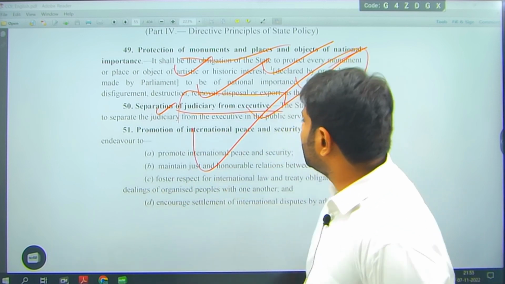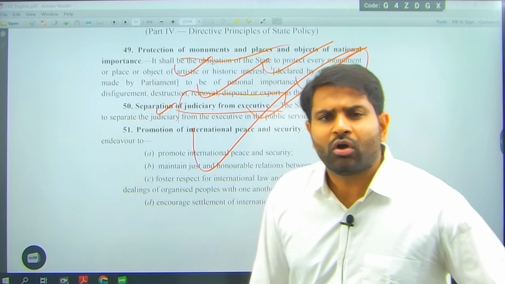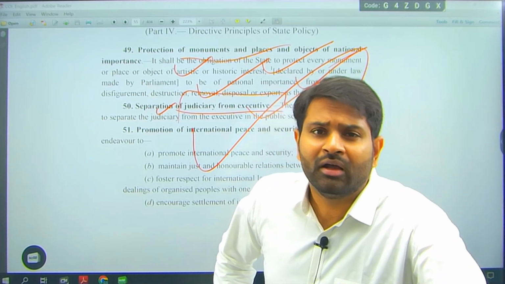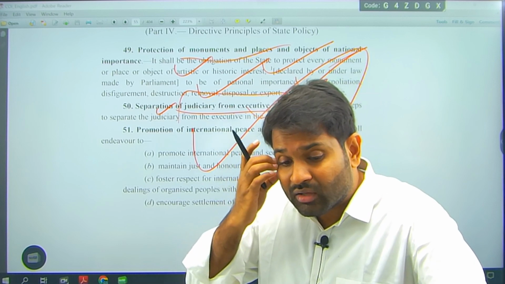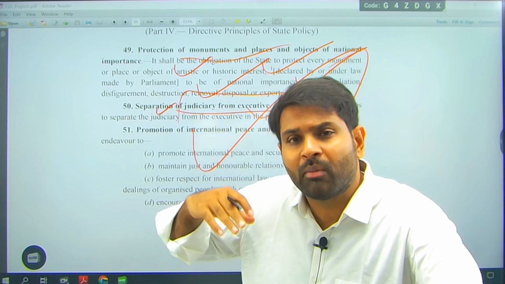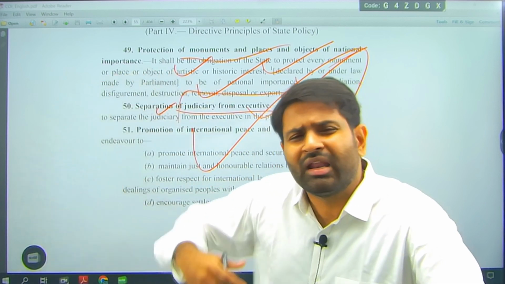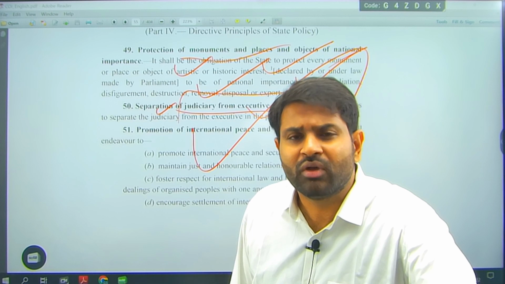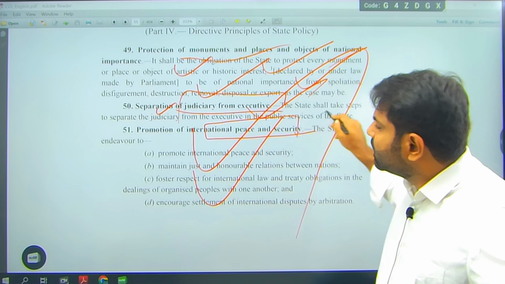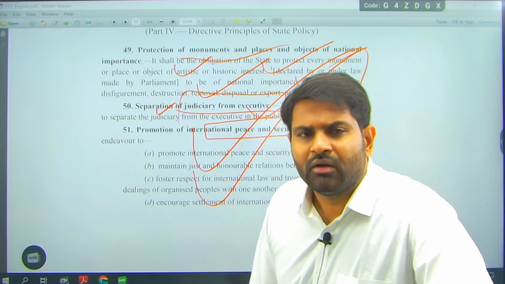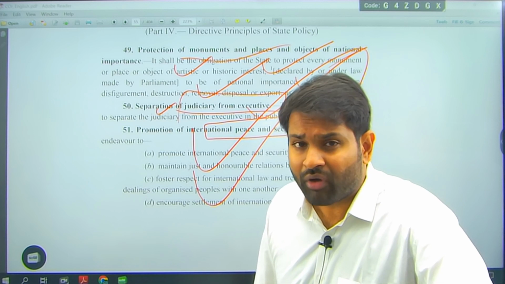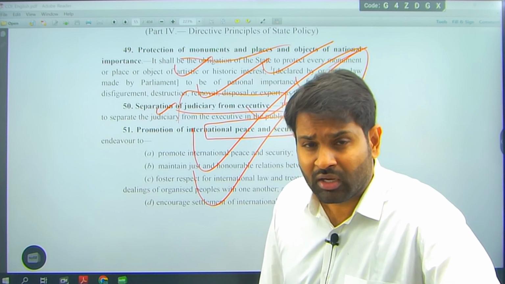Article 51 talks about promotion of international peace and security. When you talk about India's participation in the United Nations, EU, BIMSTEC, SAARC, the Indian Ocean region, ASEAN, the African Union, BRICS, which I spoke about, right? So our Quad, or any other international presence we try to have, is because of Article 51, promotion of international peace and security. It is our duty to formulate our foreign policy in such a way. Our foreign policy originates from Article 14 and Article 51.